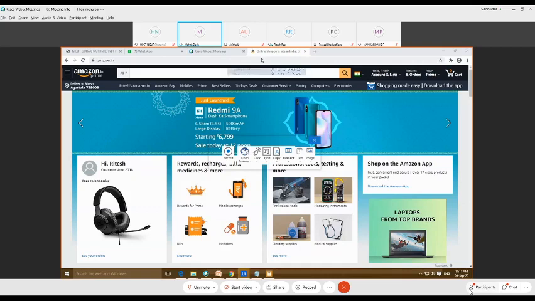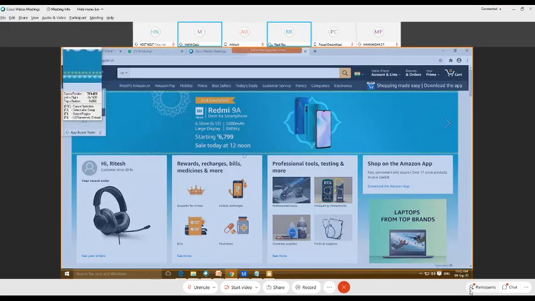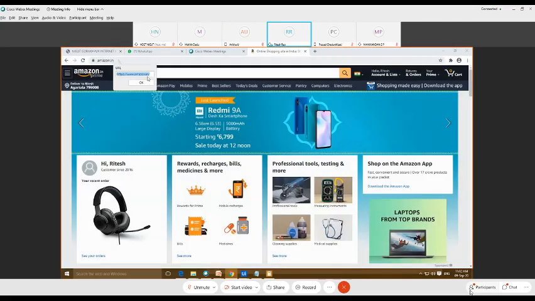To copy the link, we have to click first on the open browser. This will be the first step in the web recording. We have to open the browser. For opening the browser, then we'll click on the link. Here you can see the URL has been copied. So we will press on the OK.